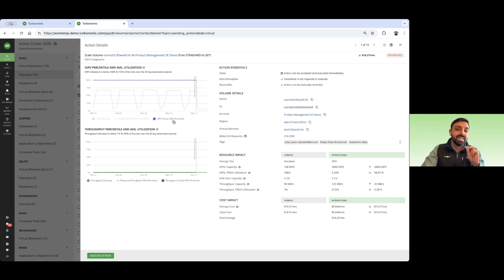This volume, 95% of the time, is at 100% peaking. So we think about that percentile, which most clients can configure within that first 30, 60, 90, and even over the course of a year, taking in more peaks initially and slowly reducing that frequency of peak or lowering the percentile to say, hey, this workload is fighting for resources at some point in time throughout this 30 days. Why not give it a little bit more, in this case, 160 to 3,000 IOPS by moving from a standard to a GP3 and reduce the cost with no downtime, and it can be reverted if needed,